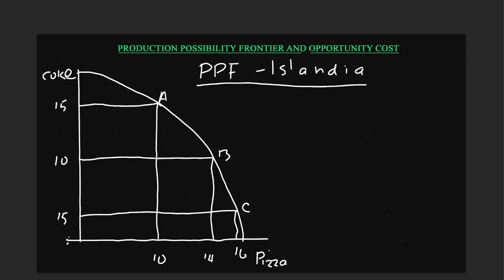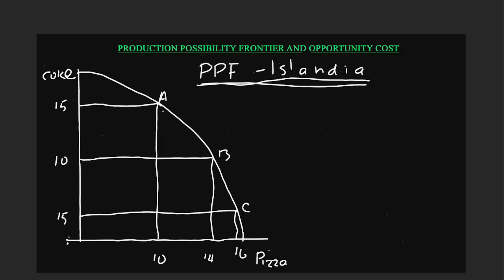In this video, we are going to look at the production possibility frontier and its relationship to opportunity cost. The graph we have on screen is a production possibility frontier of our fictional country called Islandia. So what is a production possibility frontier? A production possibility frontier shows you all the combinations of various goods, in this case two goods, that a country or an economy can produce given all of its resources and the